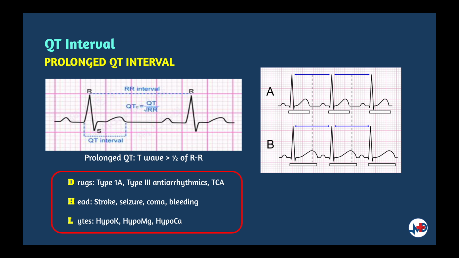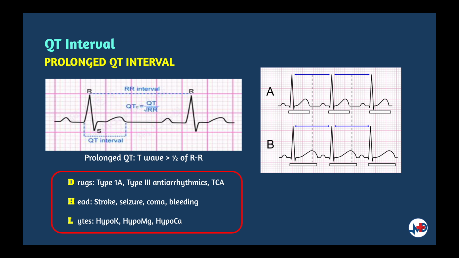The last section that we will be looking at in ECG interpretation is the QT interval. So the abnormalities here that I like to highlight would be the prolonged QT interval. Take note of the causes of prolonged QT interval, which can be quickly summarized with the mnemonic DHL, D for